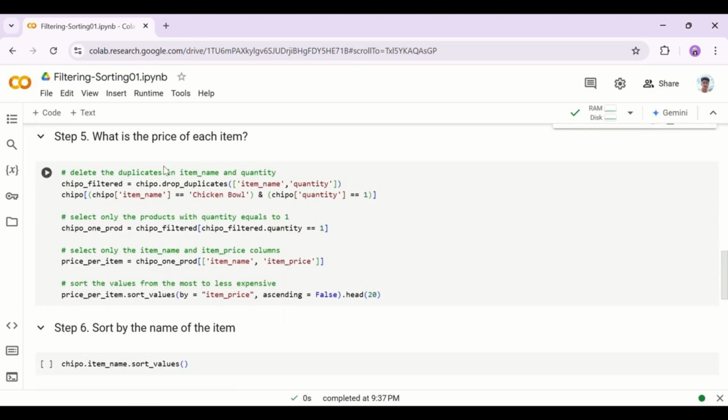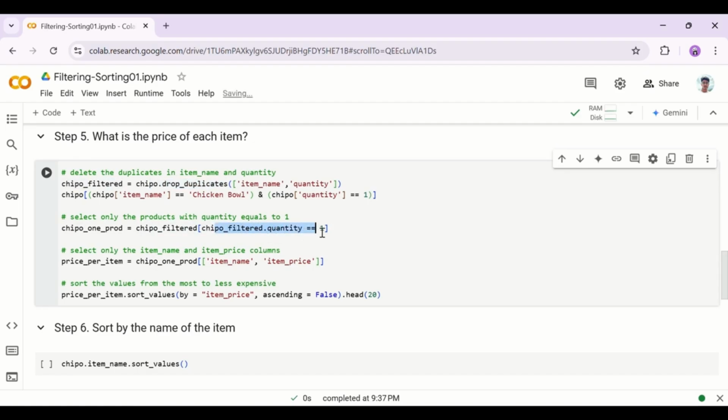Then it says what is the price of each item. Again, for that we'll delete the duplicates in item name and quantity. We'll do that using the chipo drop_duplicates function. That's it. Then we need to select only the products with quantity equal to 1, by using chipo_filtered.quantity and setting that to 1. Then we'll select the item name and item price columns only. And after that we'll simply sort the values by item price in ascending order, and we'll print the first 20 rows,